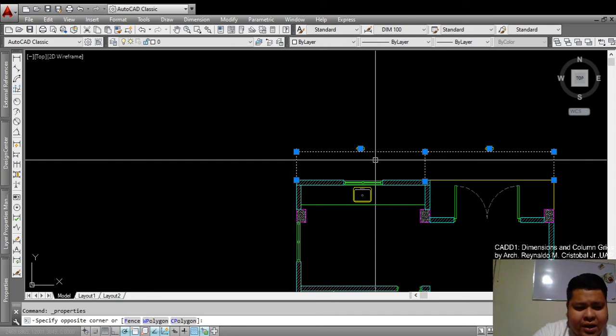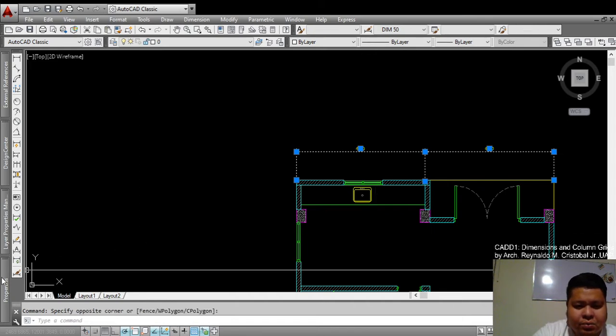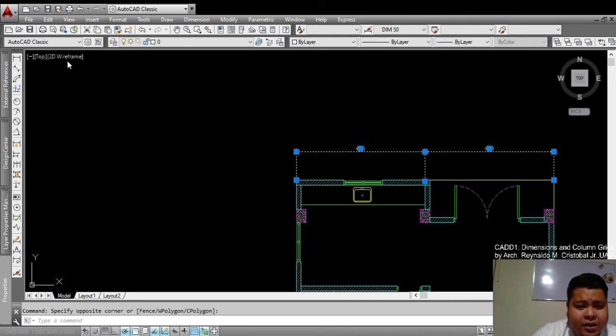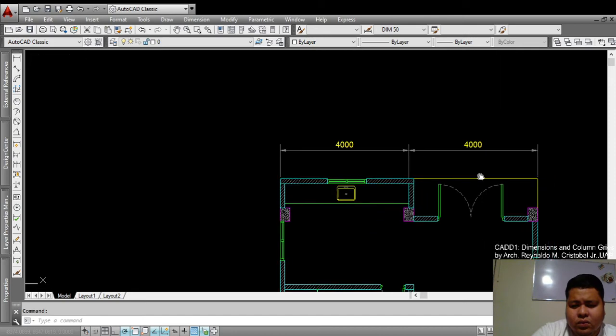Once again, pardon my laptop's hang time. Go to properties and then go to the layer. Put it first to the dimension layer, which is AR-DIMS. Then scroll down a bit, go to dim style and change it to the scale 1:100, DIM 100. Okay, now